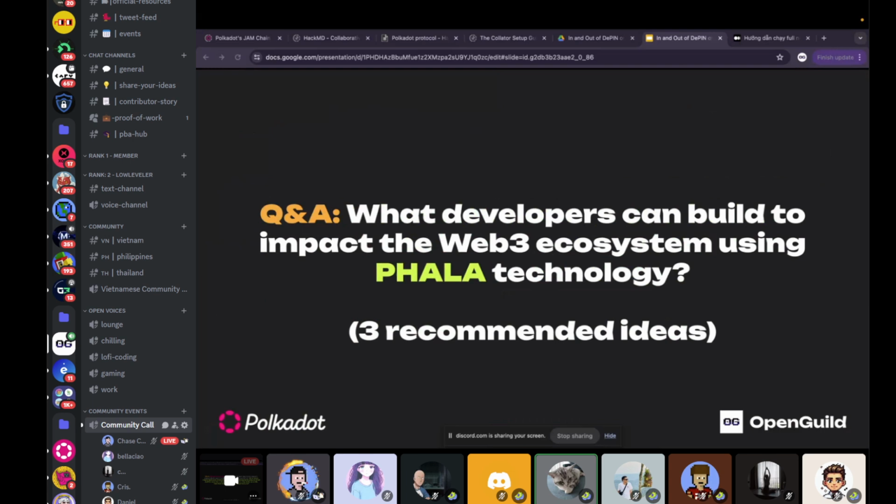The second is more Oracle related, but I want to generalize it a bit. If you are doing something and you want it to be executed across multiple blockchains, or you want to connect some APIs to use its data from a smart contract, then think about Phala. The middleware, the connection part, is the second use case.